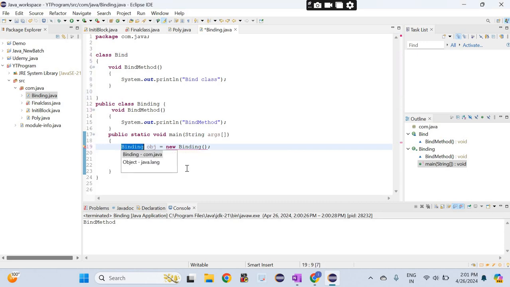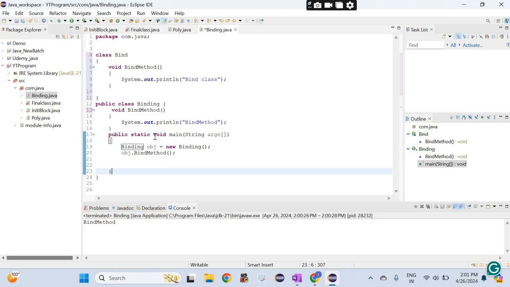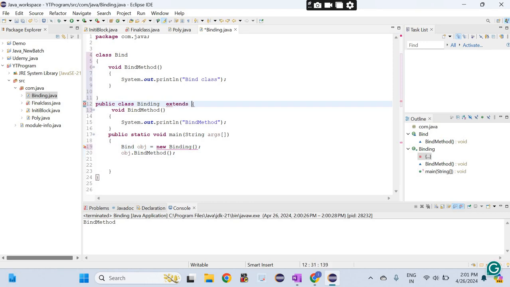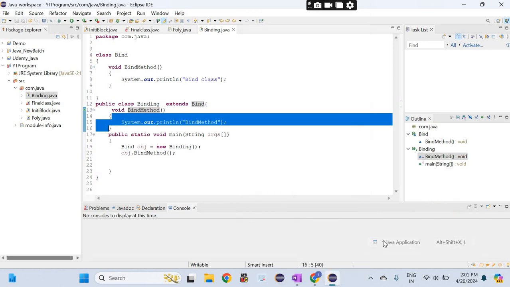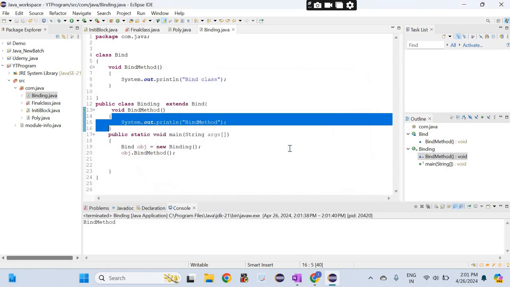Change the type of object. No, this is wrong. I will use it like this, but what I need to do is extends Bind. Now that's okay. This is called dynamic binding or upcasting, whatever you want to call this concept, from runtime polymorphism.